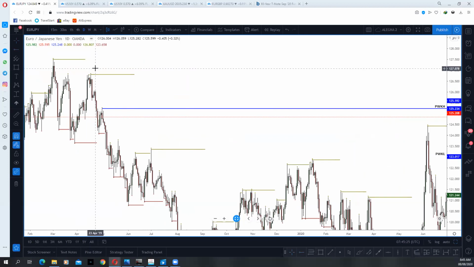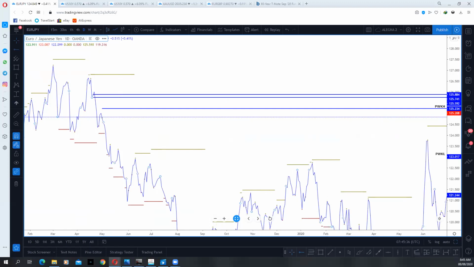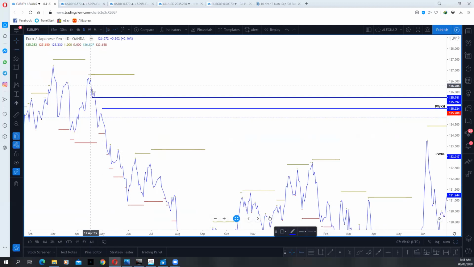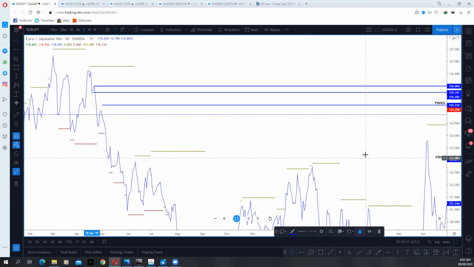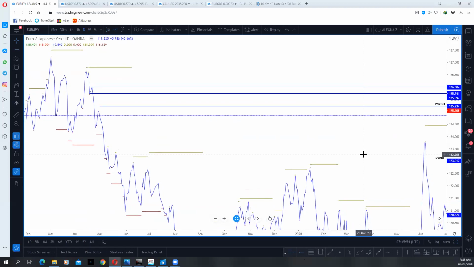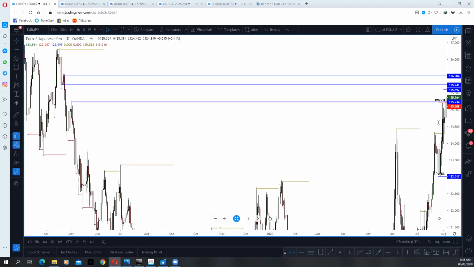You do top-down analysis. You start from the monthly down to your daily. That's how I do my analysis. If you switch to your line chart, I have something here and here, because I use my line chart also when I'm marking up my levels. That's why I say there's a lot of experience required in this business. If you don't have it, I would advise you get the experience, because what I'm giving you is knowledge. You need the experience to be able to see all types of scenarios that will be available to you in the market.